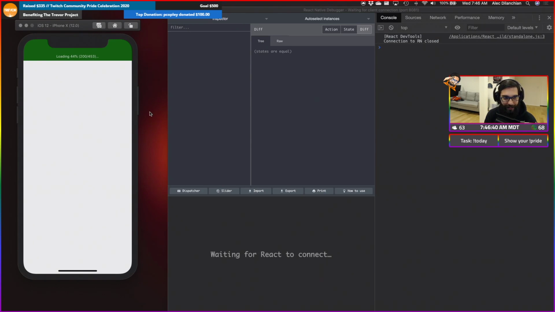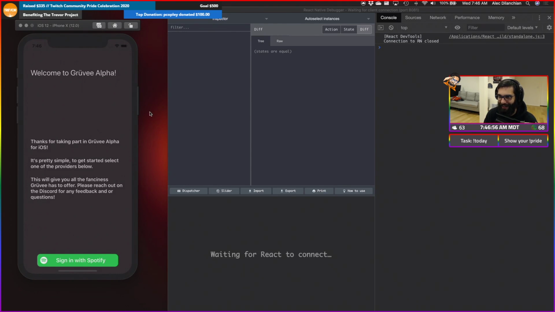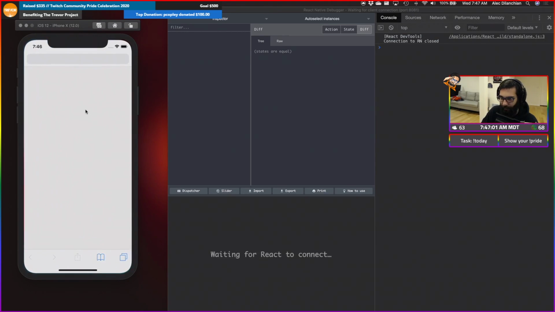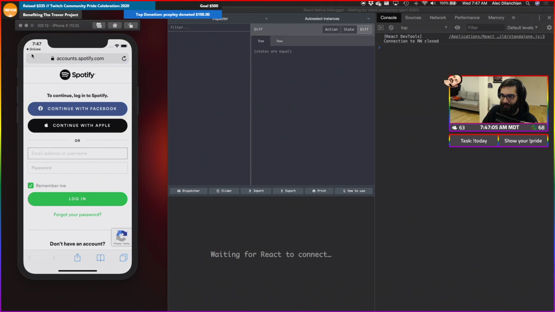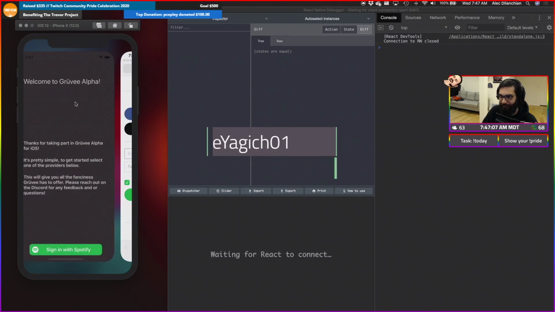So again, folks, we're testing to see if our Authenticate with Apple sign-in shows up in iOS 12. It shouldn't. As long as we have iOS 13 or greater, we should be good. So we're just going to check that, and then we'll be good to go. Hey, there you go. So now you see, we don't even show the button at all. We just have sign in with Spotify. And that's literally all about it right now.